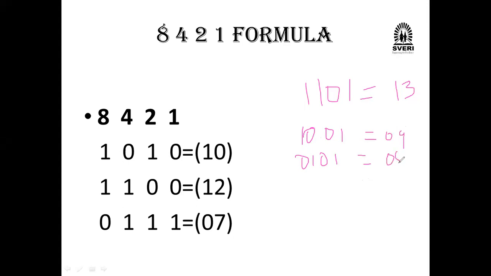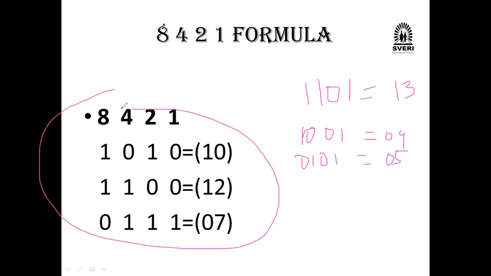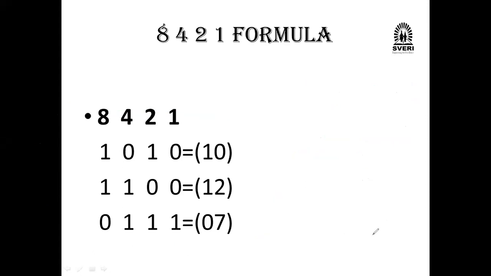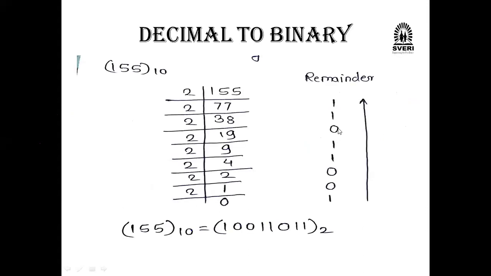Very good. So it is easy, isn't it? Like this, we have to do the conversion and identify that one here. Now, this is the formula we are going to use here now. Is it clear? So shall we start the conversion? First one, decimal number to binary. We will start the conversion here now.